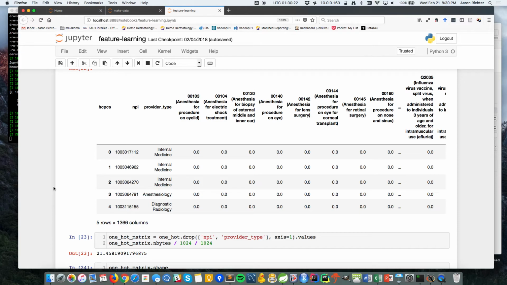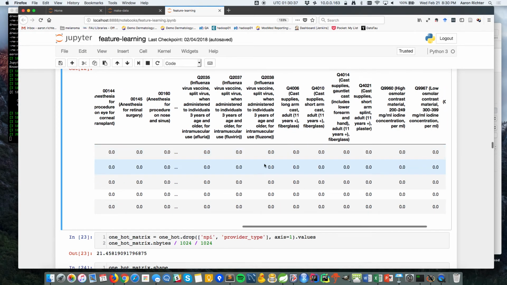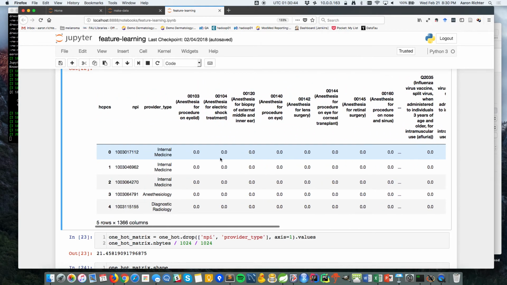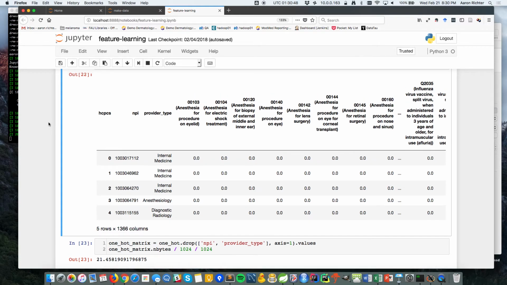So what this creates for us is a really, really sparse matrix because, like we saw, most doctors do anywhere from 5 to 20 procedures, but in our data set, we actually have 1,300 different unique procedures that are performed. Most of these doctors, like an internal medicine doctor, aren't going to be doing anesthesia for eye surgery, but somewhere in these 1,000 features, this particular doctor has anywhere from 5 to 20 of these filled in with a number. So this creates what's called a sparse matrix, meaning that most of the data is zeros for most of these entries, but we need to care about the ones where they're non-zero.